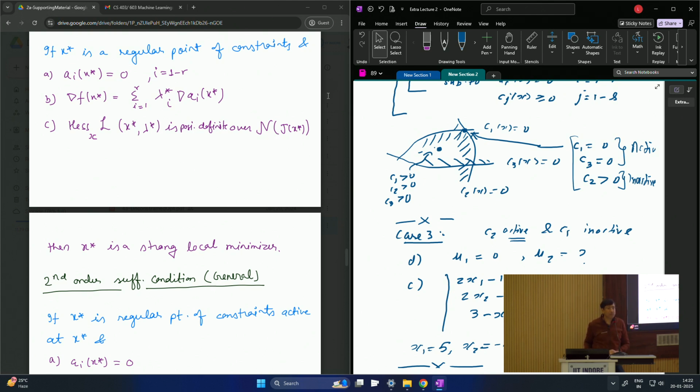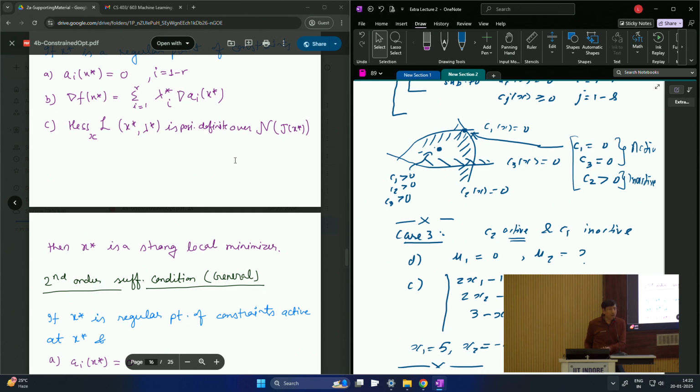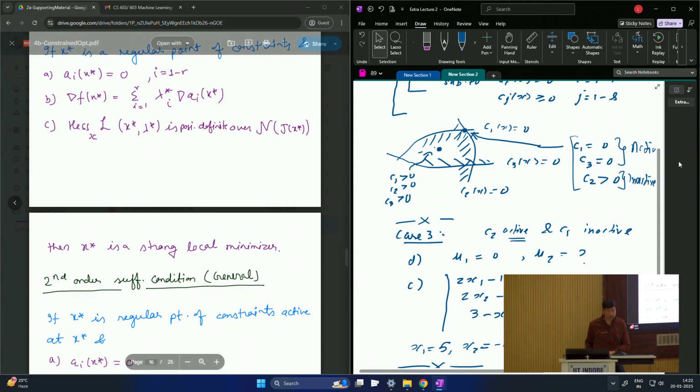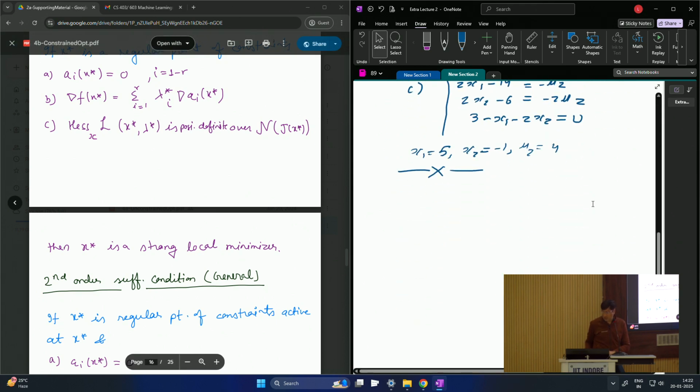Is that okay? So let's try to just understand it. Again, how this is coming and where this is coming from, the proof of this, is out of scope. I just want you to be able to read a sufficiency condition. So what is a Lagrangian first of all? So if you recall,